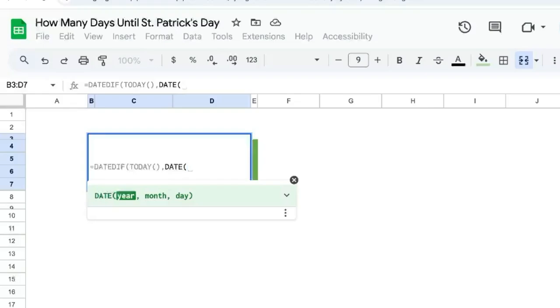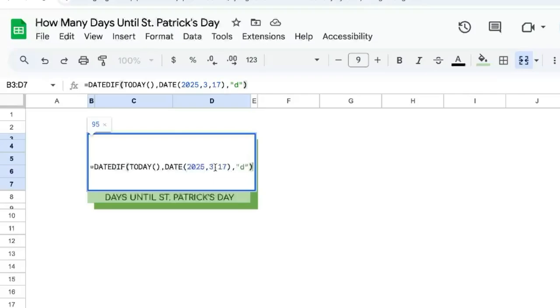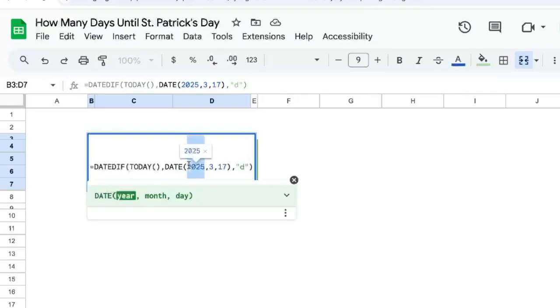We're going to choose a year, 2025. The month is the third month, and it's the 17th day of the third month. March 17th every year. And our unit is going to be D in quotes. This year, though, we want it to continually update, basically. And if this is past the date, meaning it's April or any date after, this is going to give us